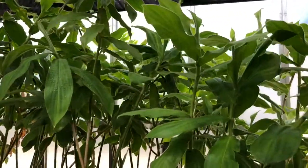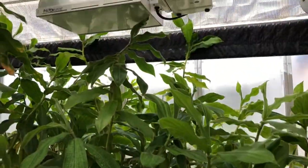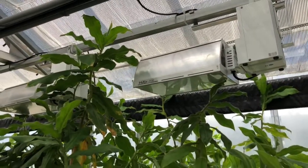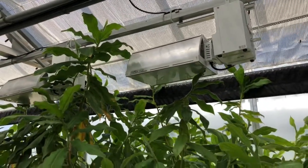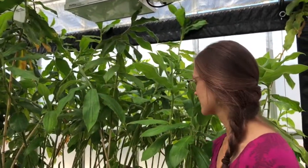Interesting. So can you tell us a little bit more about the two species and their habitats? Absolutely. So this is Costus villosissimus. It is a rapidly growing and actually highly drought tolerant species. It grows on the seasonal side of the Panamanian Isthmus, which is the Atlantic side, which actually has a pronounced dry season of 3 to 6 months. And it also appreciates more light than the other species, so it's sort of more light and more drought adapted,